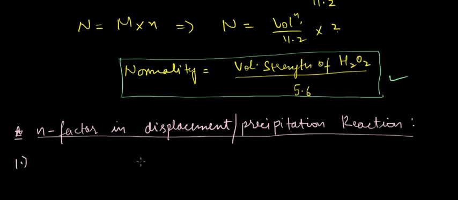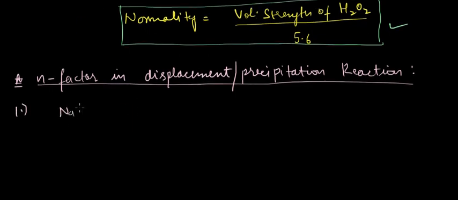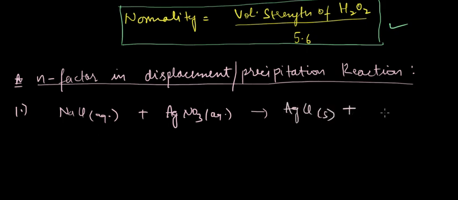So first we have NaCl aqueous, which on reaction with AgNO3 aqueous forms AgCl plus NaNO3, again aqueous. So n factor here would be